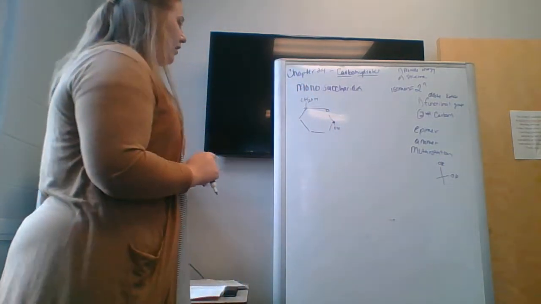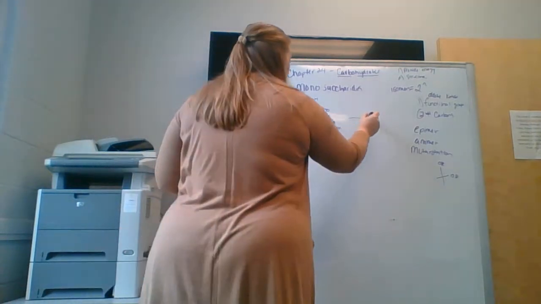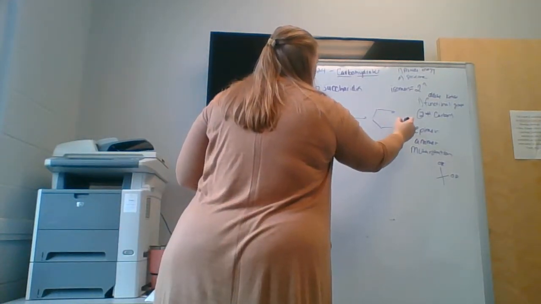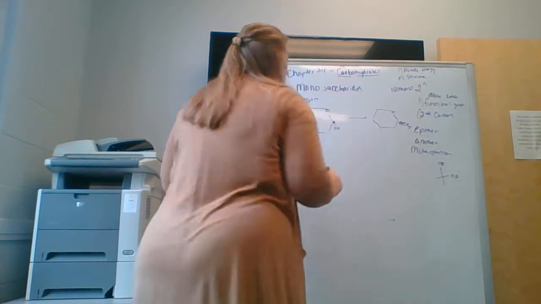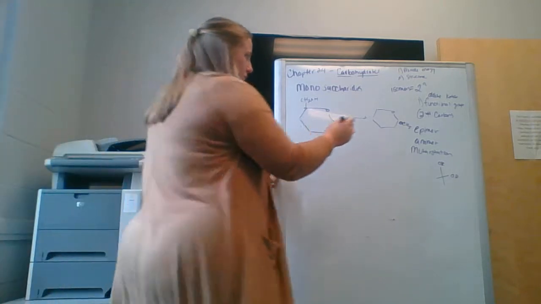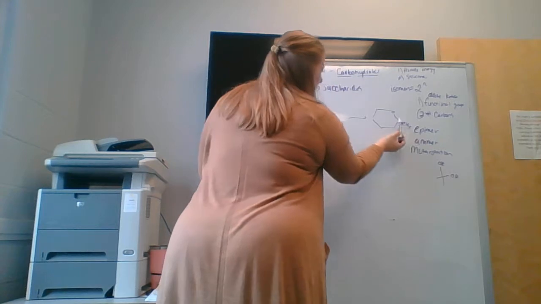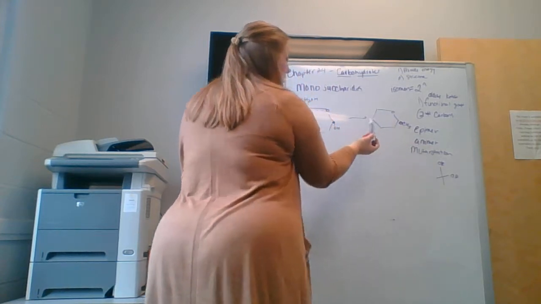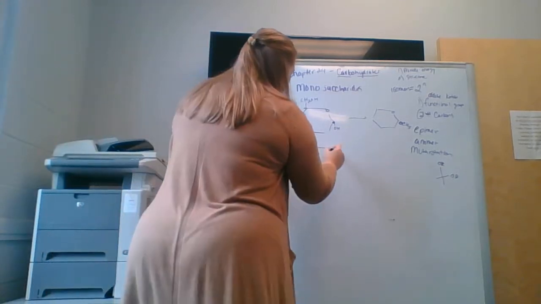So we could add just a methyl group to our ring. So we've removed the hydrogen and we've added a methyl group. Now we have a COC and a CCOC. So we've acetylized it. Also keep in mind this occurs